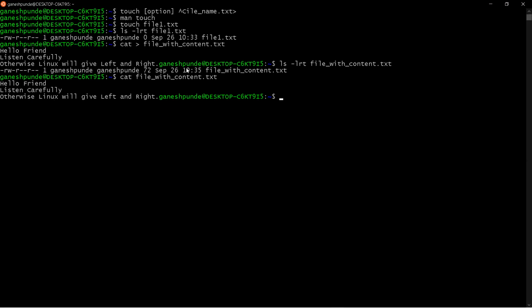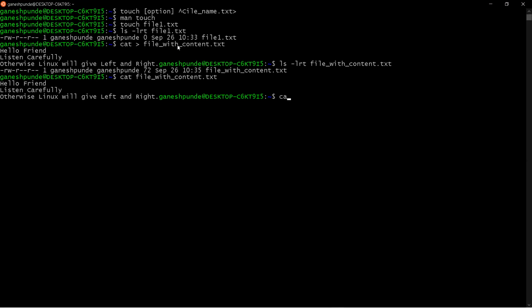It means the file is created by using the cat command, by using the single greater than operator. And what this operator is doing is, whatever content or text I am writing here will be written to this file.